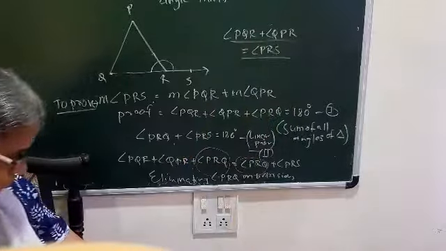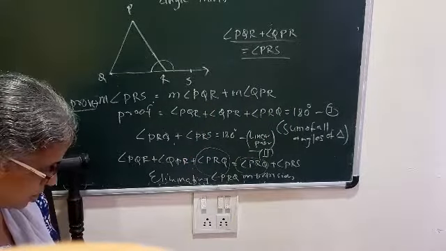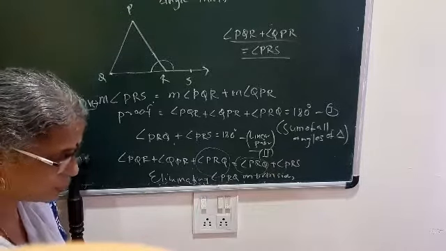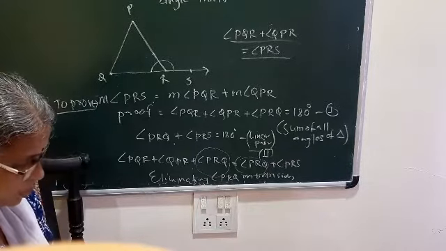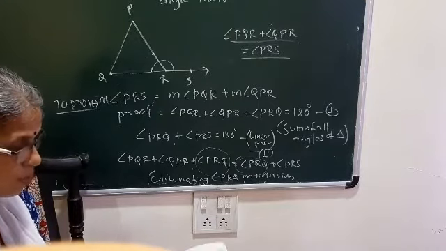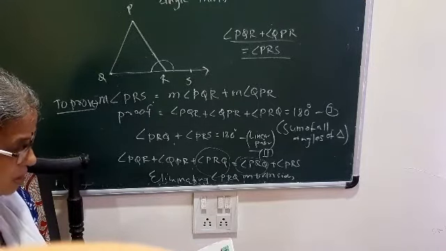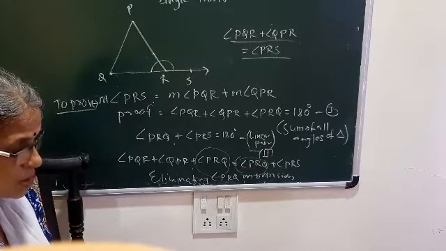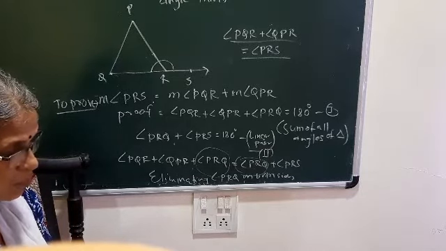Followed? So that is the first theorem you have to remember, but it is a very easy one. Only a few steps are there, but you have to remember which properties you are going to use. So this is the theorem of remote interior angles of the triangle. Now here they have shown one more, that is the property of an exterior angle of a triangle.